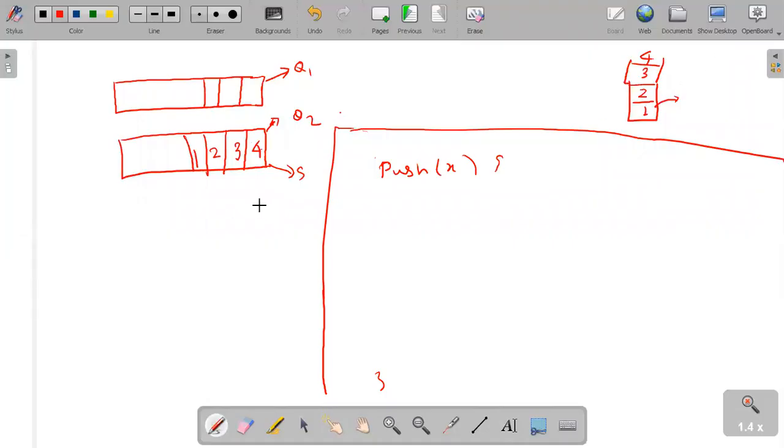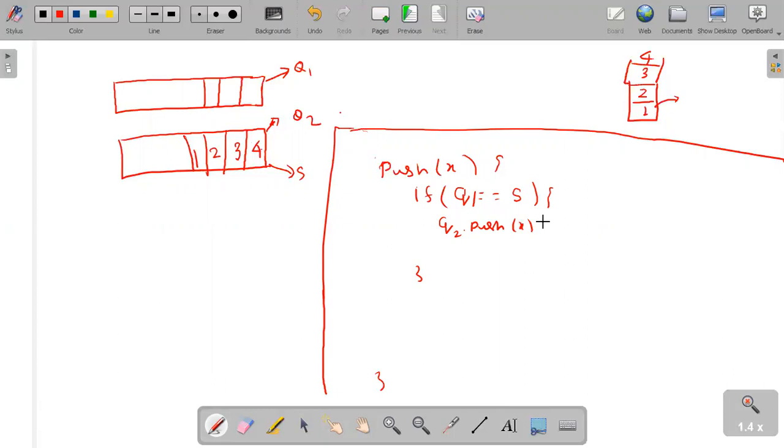Okay. So what we are going to do here, first I'll check if Q1 is equal to S. Then what we are going to do? We will be pushing the element into Q2, so we'll do Q2 dot push, whatever will be coming.